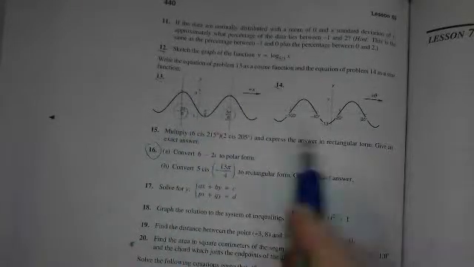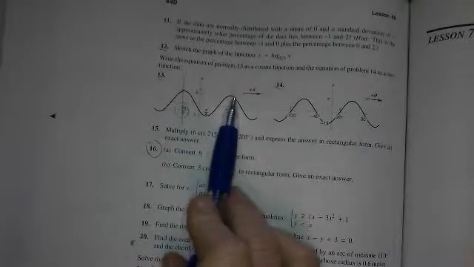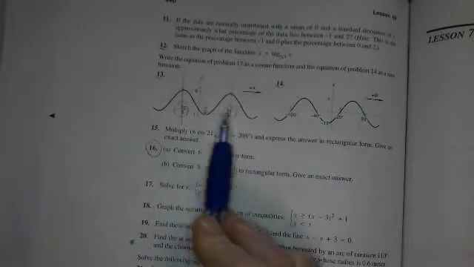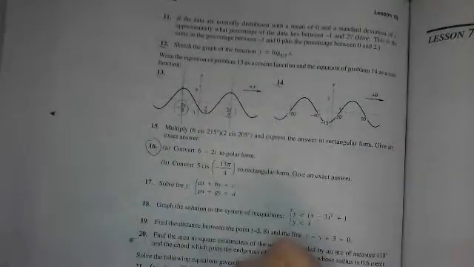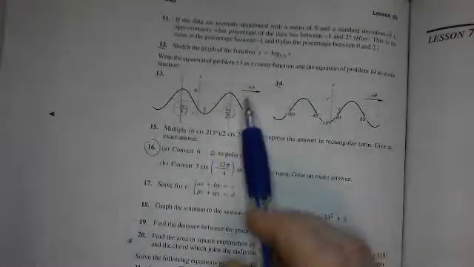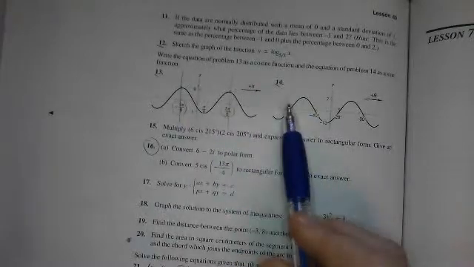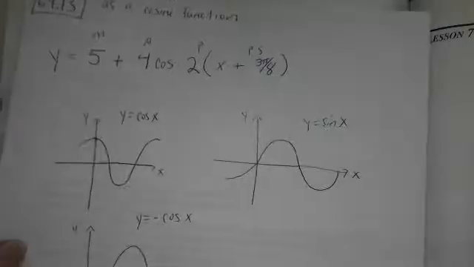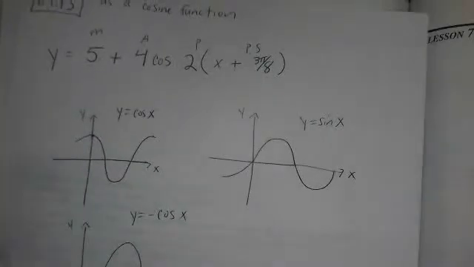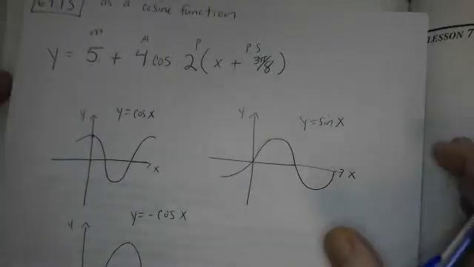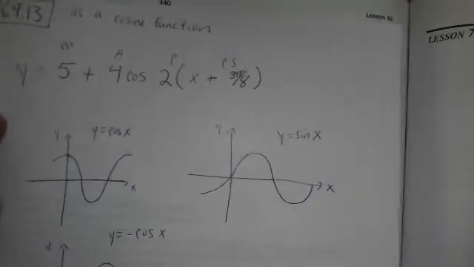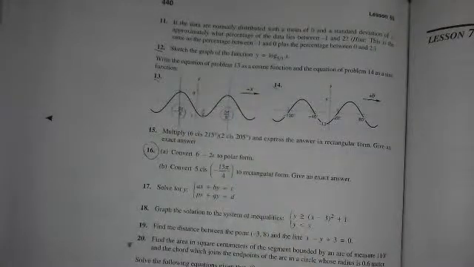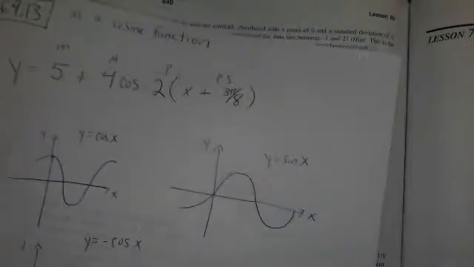So that tells me that this function makes one cycle for every pi. So that means it would make 2 cycles for 2 pi. So that makes this number be a 2. Now that was kind of easy because it was pi, and it was half of the regular period. If it weren't a real easy number, if that didn't turn out to be pi, but it was something weird like 13 pi over 8 or something,